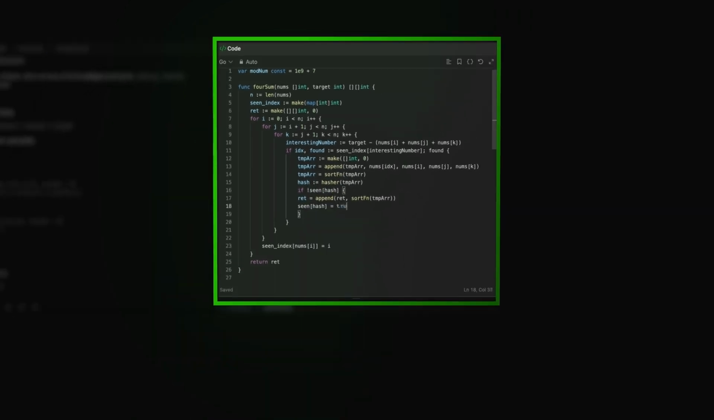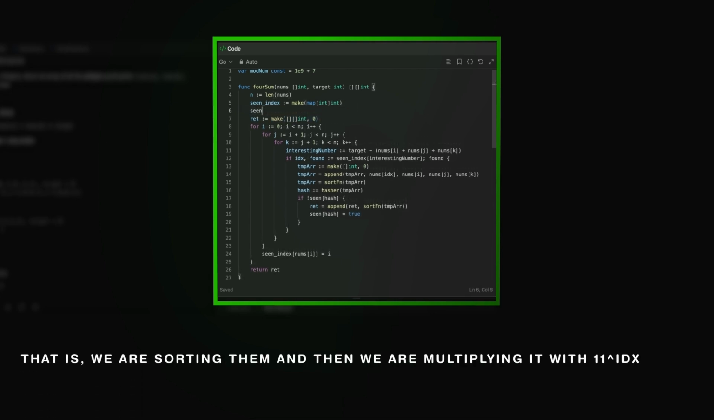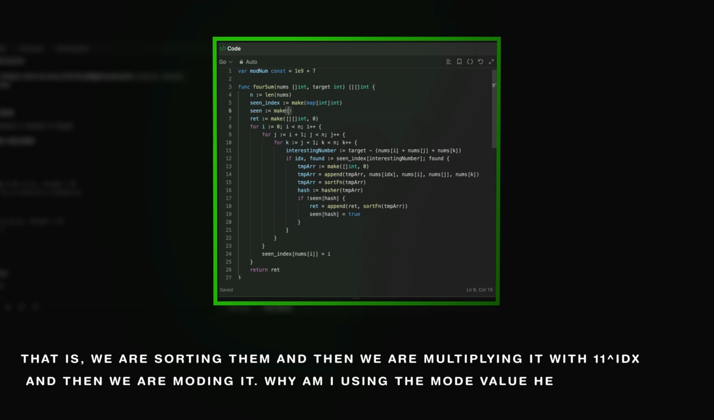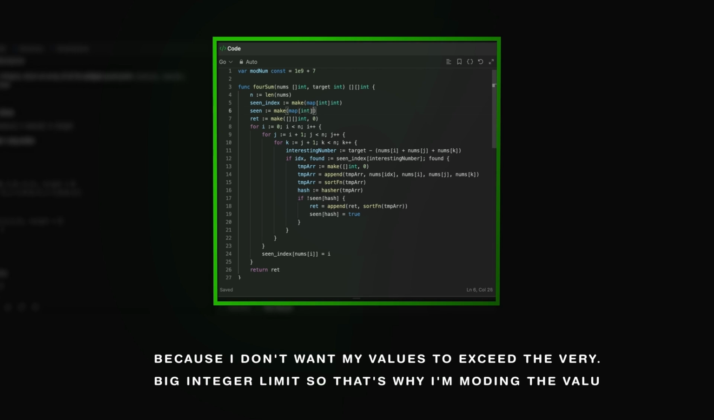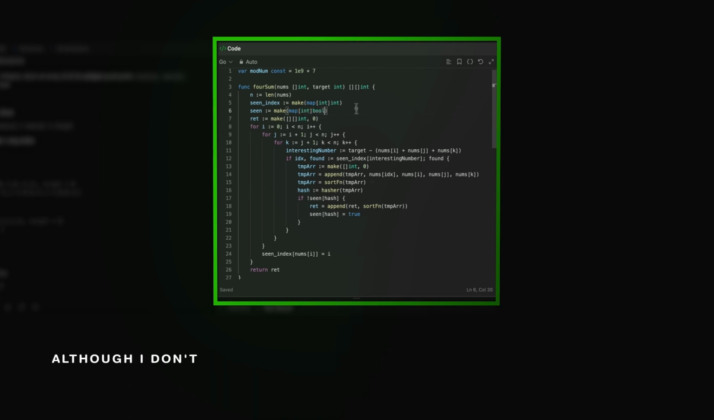Now this hash function is deterministic. It will always return the same result for the same quadruplet because we are applying it in the same way. That is, we are sorting the array and then we are multiplying it with 11 to the power index, and then we are modding it. Why am I using the mod value here? Because I don't want my values to exceed the big integer limit. So that's why I'm modding the value, although, actually, I think we will be needing this